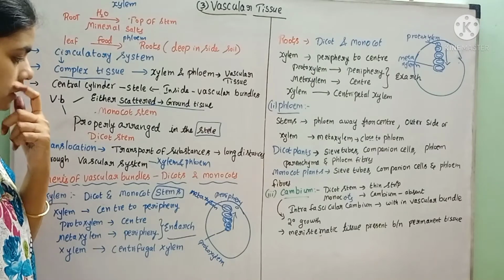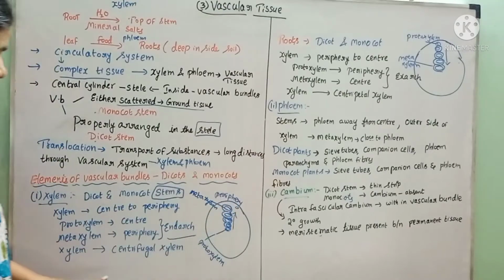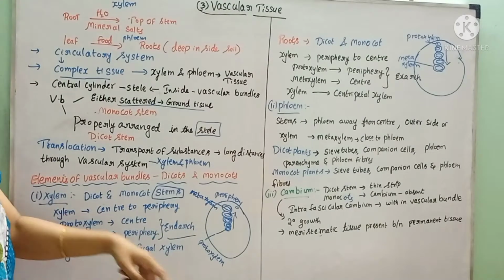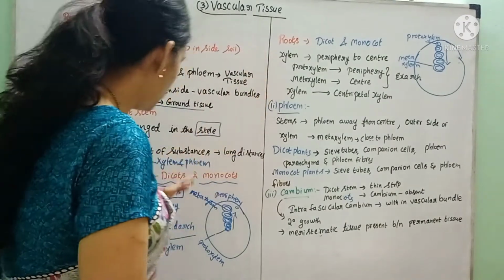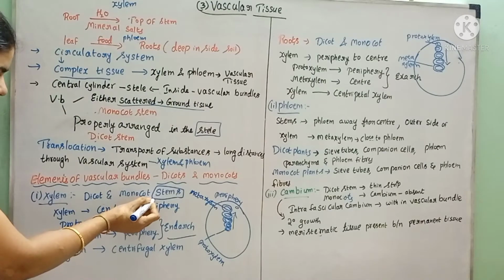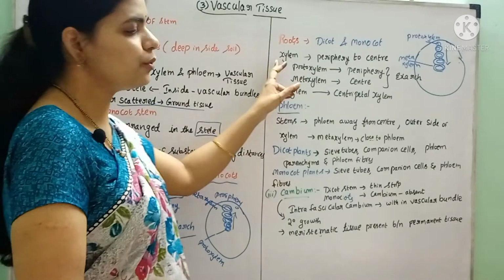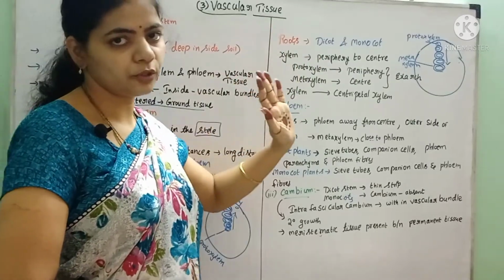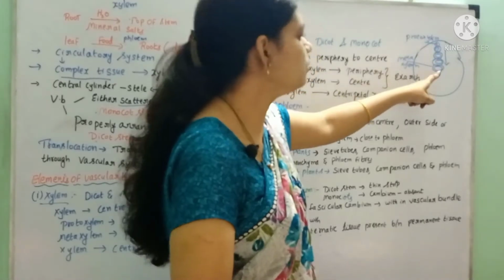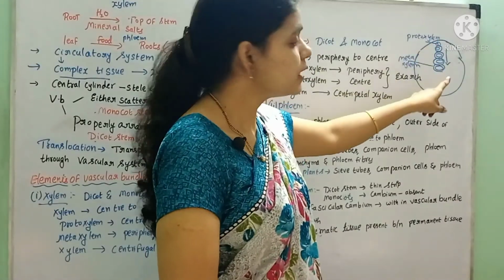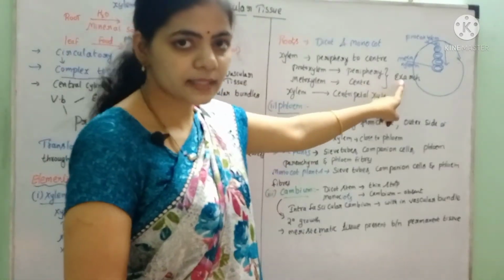Centrifugal xylem is what? The xylem was developing from the center to the periphery. That type of xylem is called centrifugal xylem. And next one is a root. So in the case of stems, we have studied that the xylem is in endarch condition. Whereas in the roots, both in dicot and monocot roots, the xylem was developing from the periphery to center. Periphery to center it was developing, and this condition is called exarch condition.